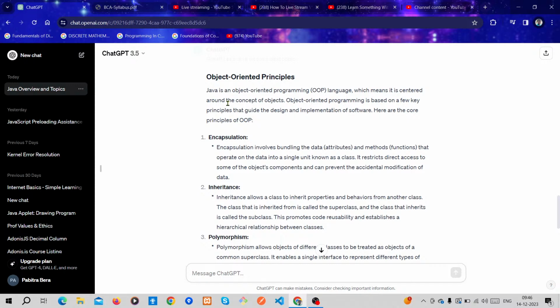It is centered around the concept of objects, the real life objects we use in our daily life, like books, pens, bottles, mobiles, laptops.